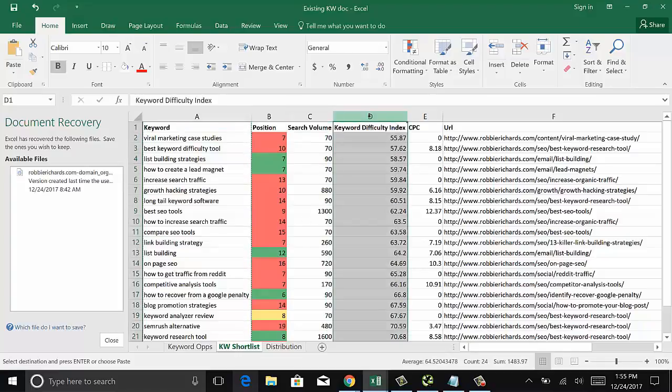Now in column D, we can see SEMrush's keyword difficulty index metric. Really, SEMrush created its own proprietary formula to calculate keyword difficulty. It's an estimation of how hard it's going to be to rank well organically for a given keyword, using a percentage score from 0 to 100. And the higher the percentage, the more difficult SEMrush predicts that it's going to be for you to rank for